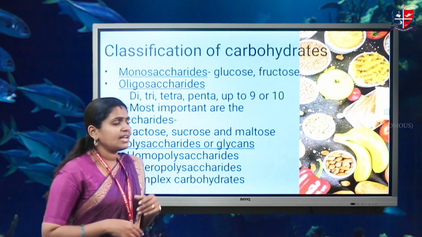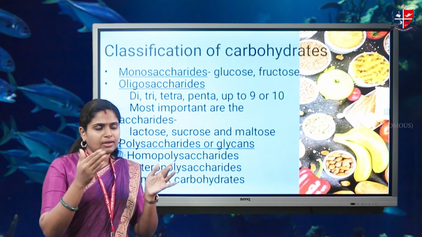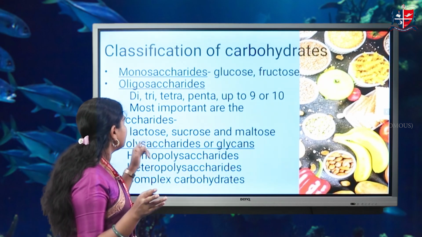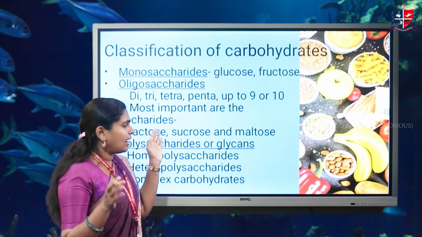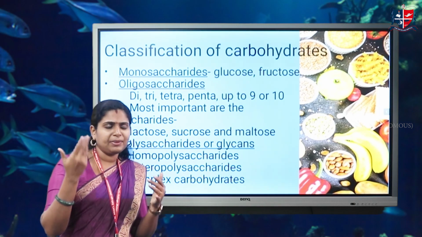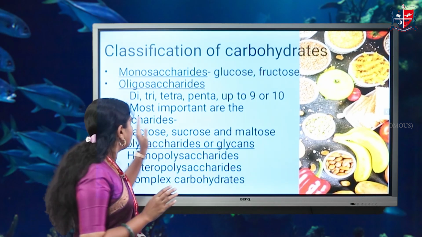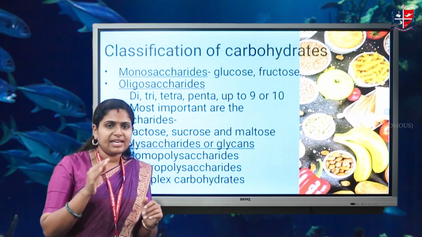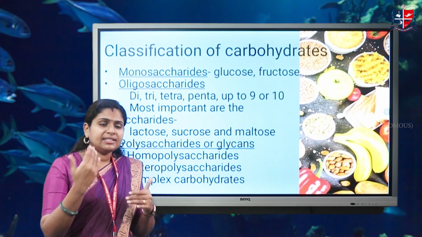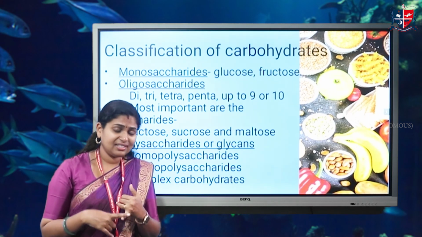And the second class is the oligosaccharide, up to 10 molecules. Sometimes 10 to 20 molecules are known as oligosaccharide. The specification is up to 10, but in certain books they depict it as 20, which is why we mentioned 20 molecules. Now we can say that oligosaccharides are the second class, where we can see up to 10 molecules of sugars. In oligosaccharides, 2 molecules of sugars are known as disaccharides.